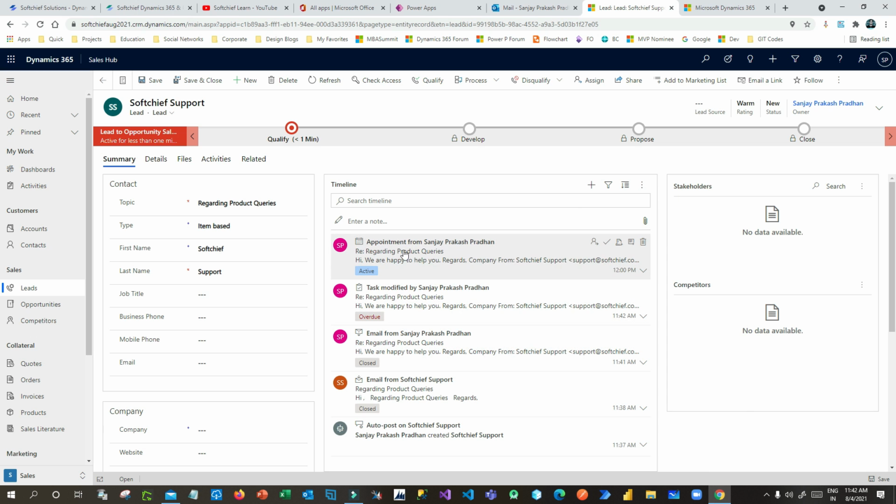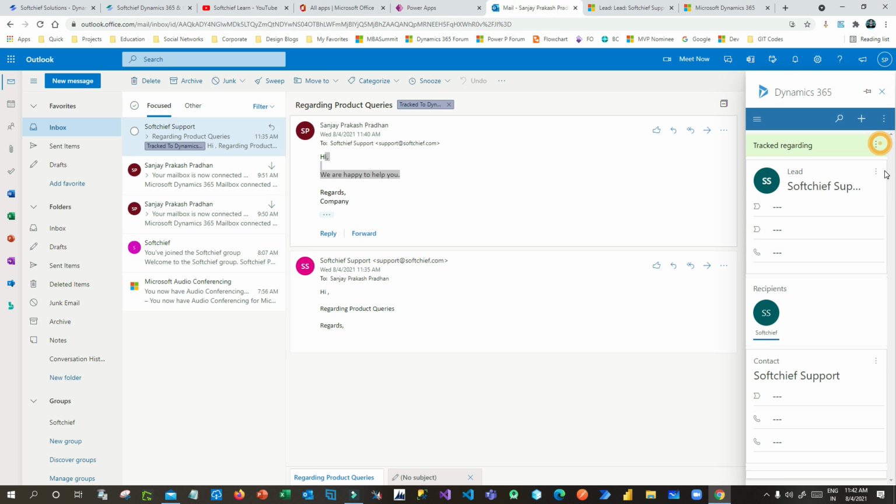Now this is the appointment. So like that you can also create a phone call activity. So all the phone call activities, appointments, and tasks created from within Outlook against this customer, and every email activity, every email communication, can be tracked in Dynamics 365.